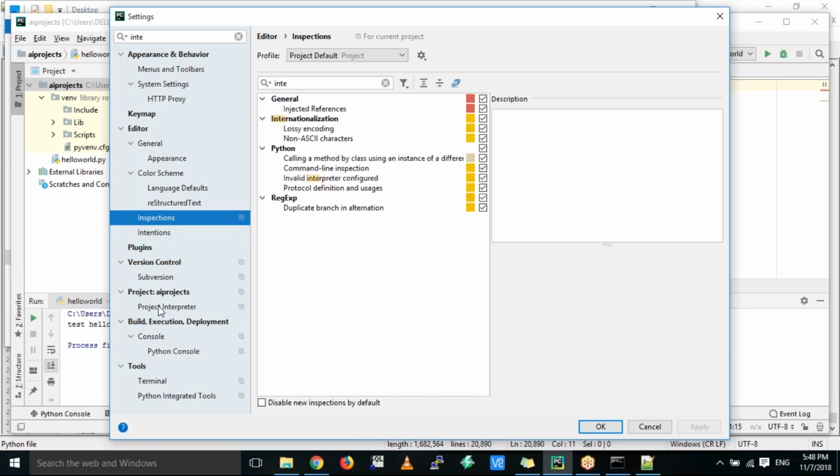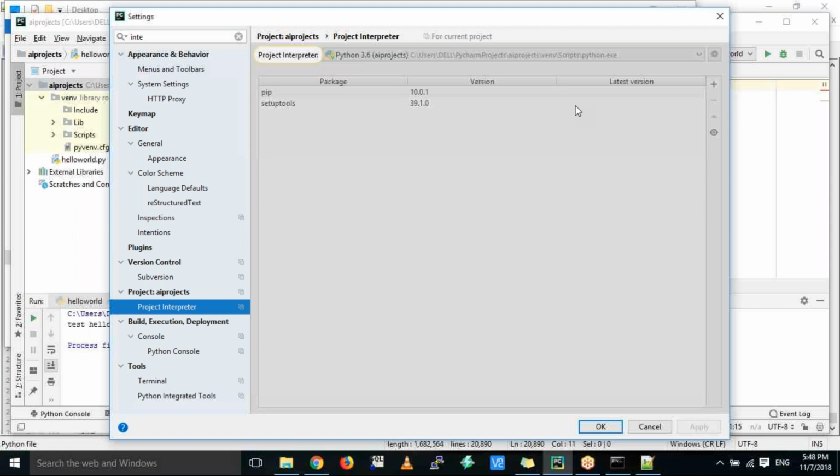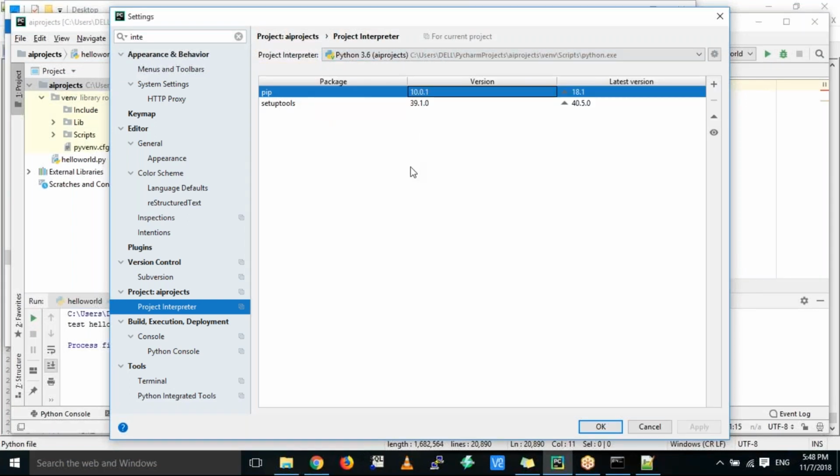Project interpreter. Okay, project interpreter. Now, nothing special here. I think you are using the latest version, 3.0. Now pip is already installed by default. Okay, so click on